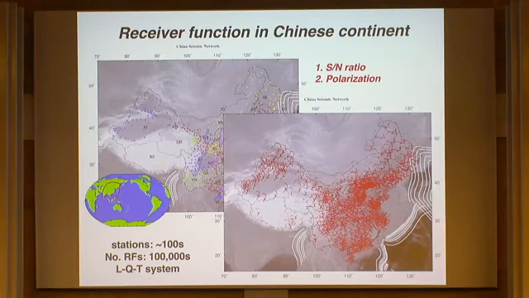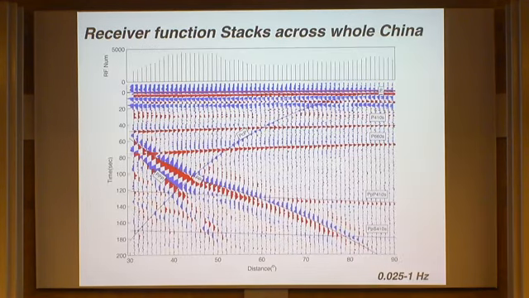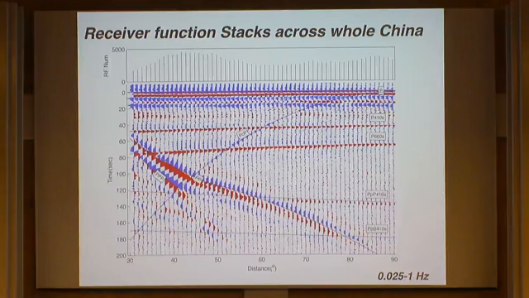And after considering the SNR and also the correctness of the polarization, you can basically stack all the quality receiver functions together to make a nice image, a nice stacked receiver function. So I think this is the thing that I really want to show. I'm not sure if you have looked at this type of result before, but I think this is